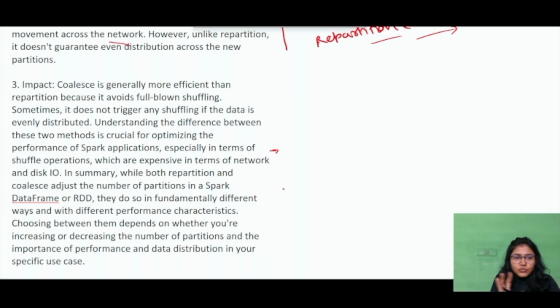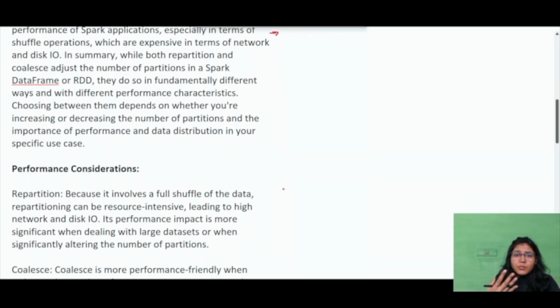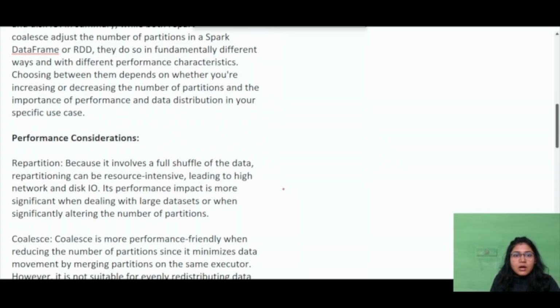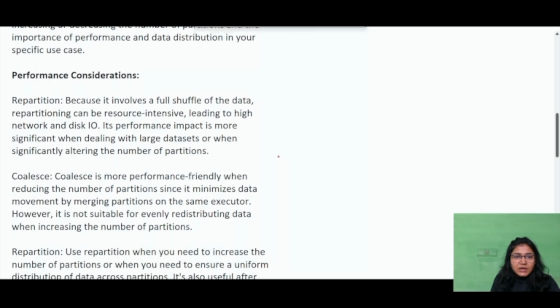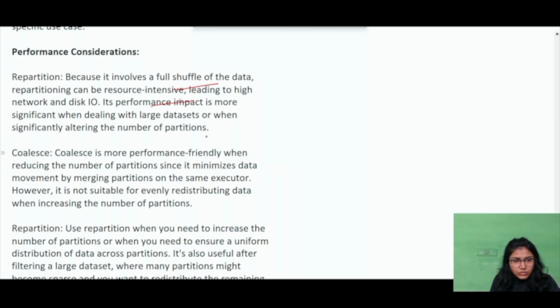And how to choose between these two, that again depends upon your data distribution and how you want to have performance, so that again depends upon your trade-off, right? What you want to impact, performance versus this shuffle. Then performance consideration: because repartition involves a full shuffle, it can be resource intensive, and coalesce is more performance friendly as compared to that.